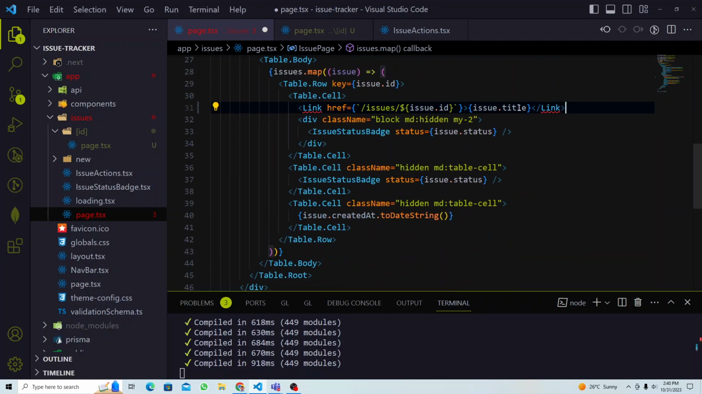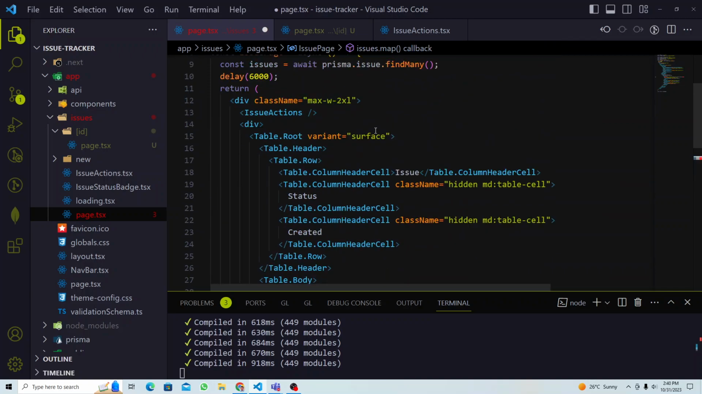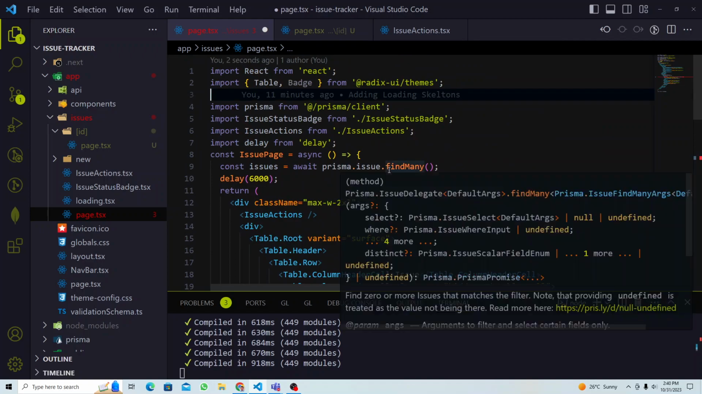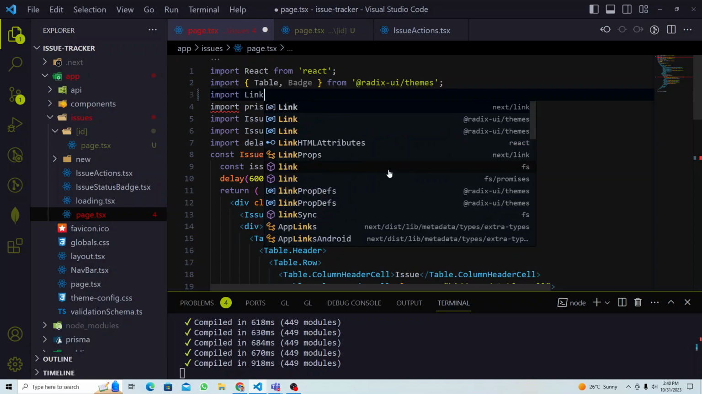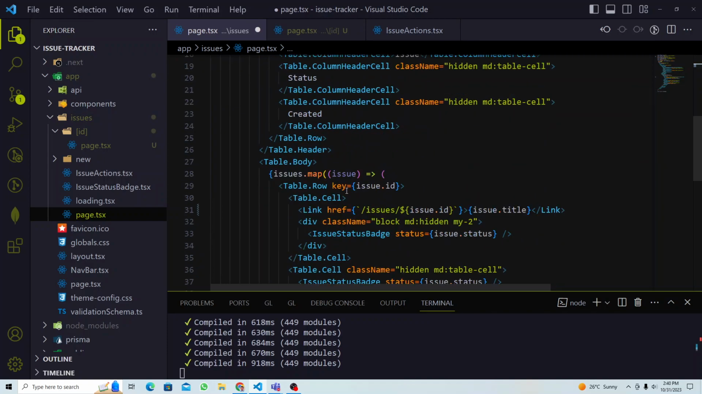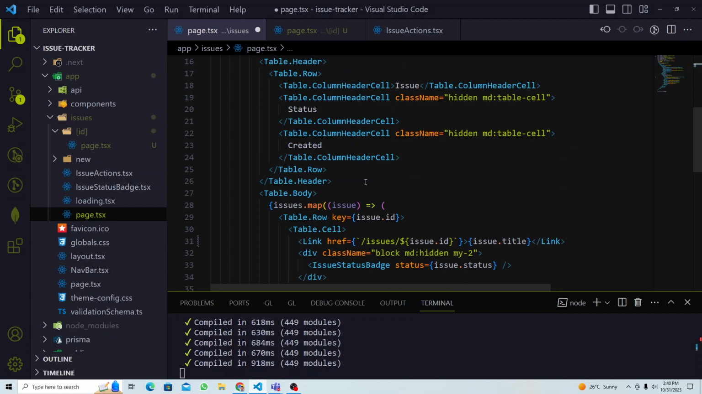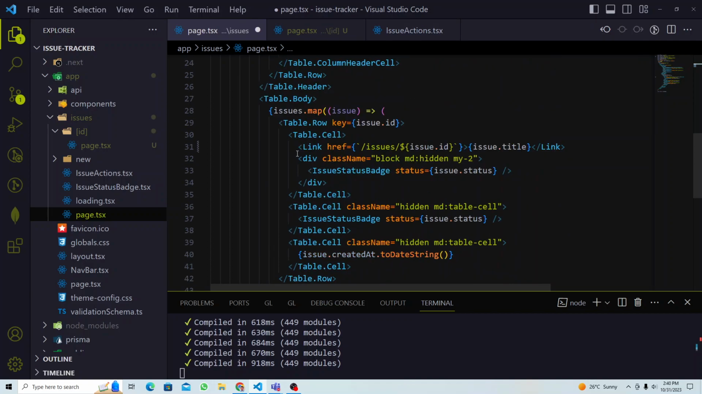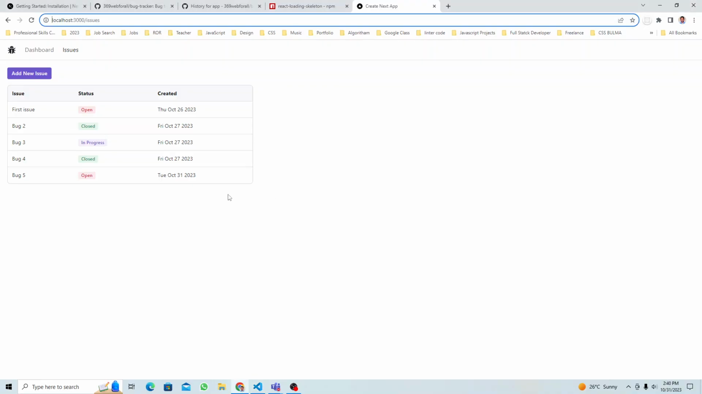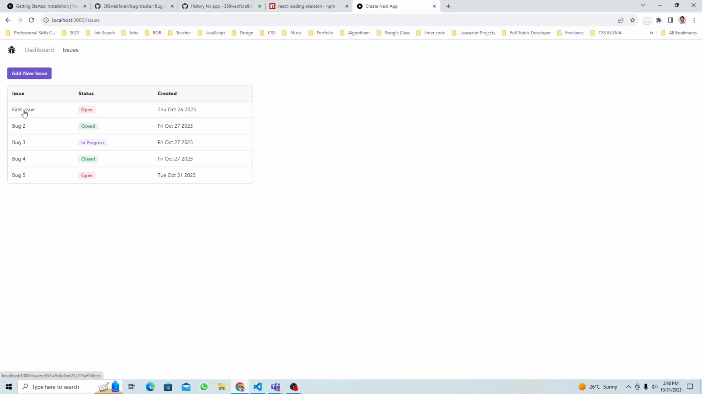Good. The title is wrapped in the link. We don't have Link, so let's import that right here. Import Link. Okay, done. So now let's see if this is working. What I have done is just added the link with this information there. Let's check now. Refresh the page. So if I click on the issue,